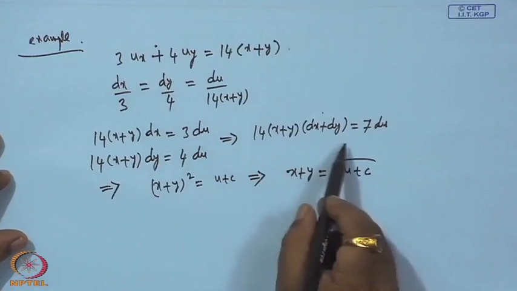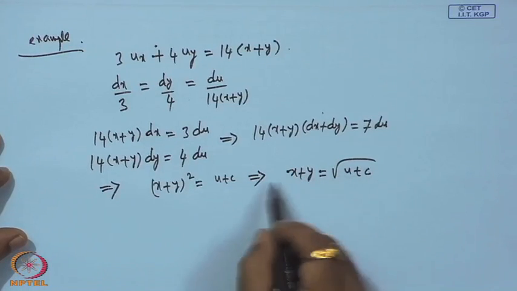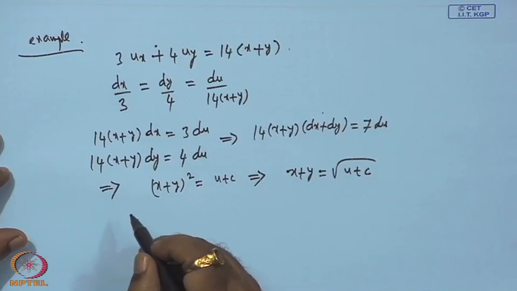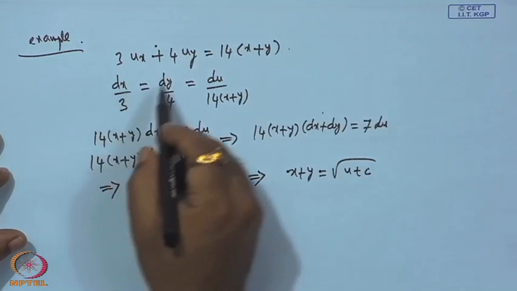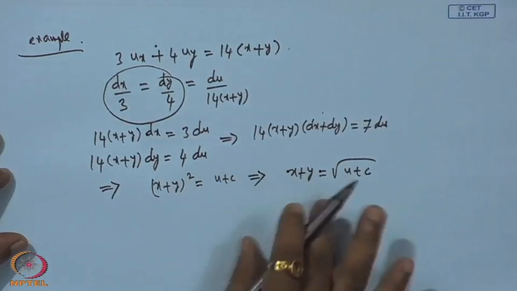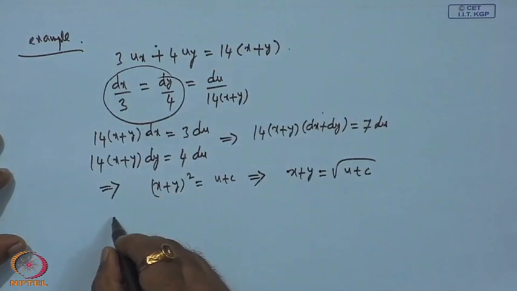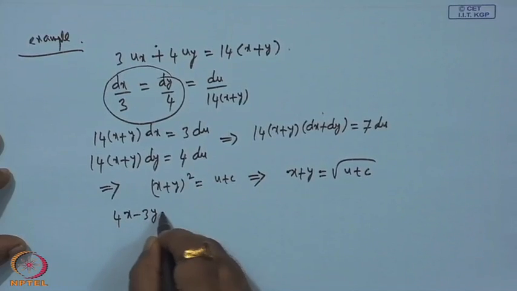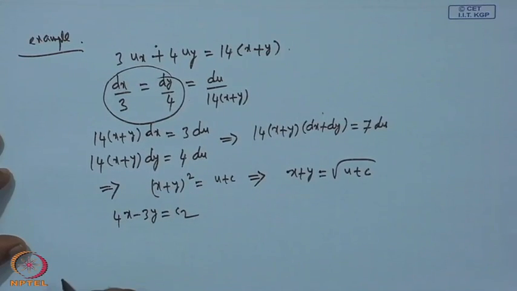So these are possible approaches. Somebody may try like this, somebody may try like this, okay. I am just trying to explain the different approaches. So somebody may try these two to come up with, then